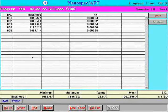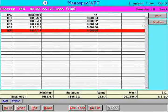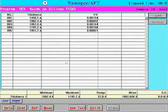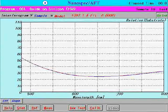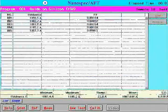If you want to redo any of your measurements, simply click on it and then press Remeasure. You can show the graph of your data by clicking on the Graph tab. The graph shows reflective light intensity versus wavelength. By going back to the other screen by clicking on the List tab and then clicking on Statistics,